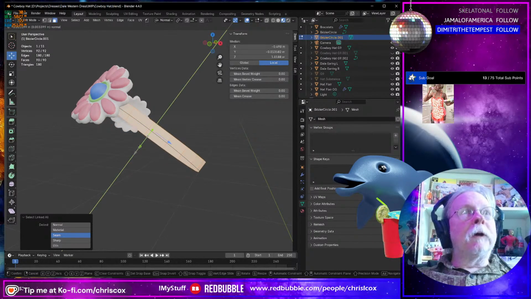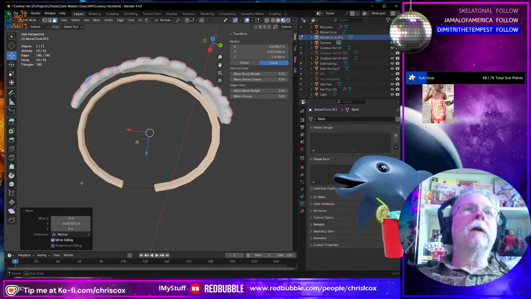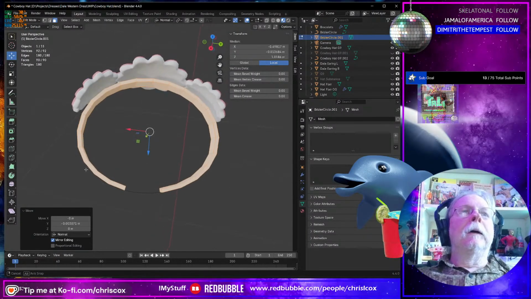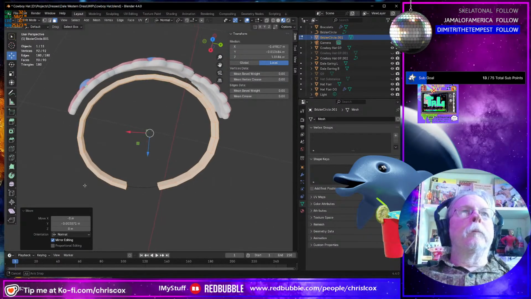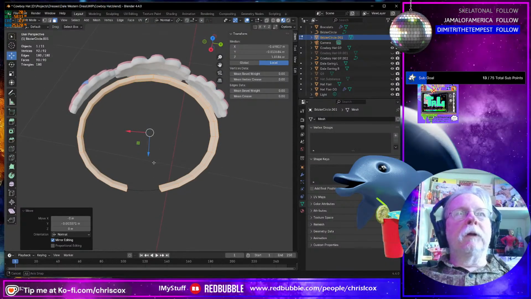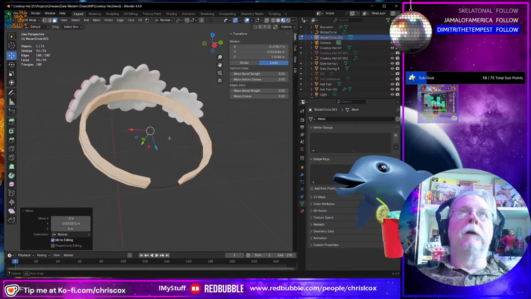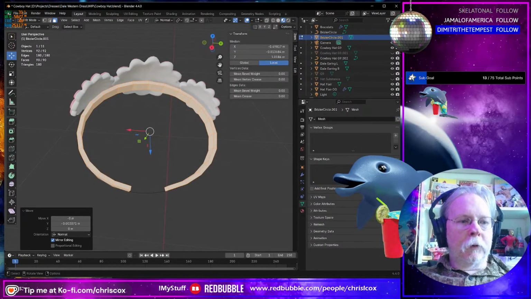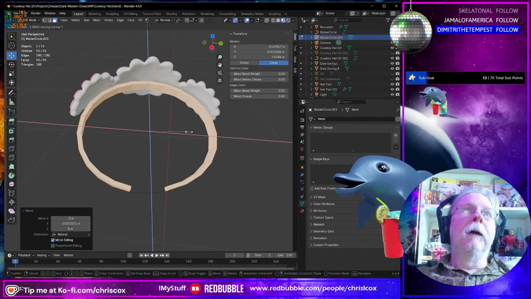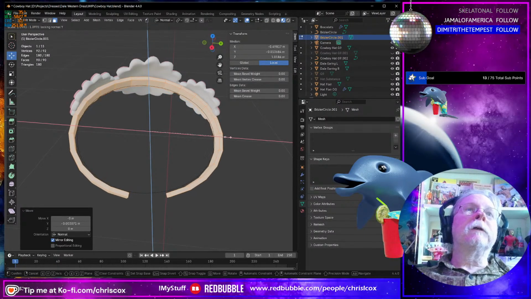I still have an axis on there. It's kind of what I wanted to do, like that. Well, it should be a little bit larger, but not on the Y. So, scale, shift Y. We can just pull that until it just taps that. The flare